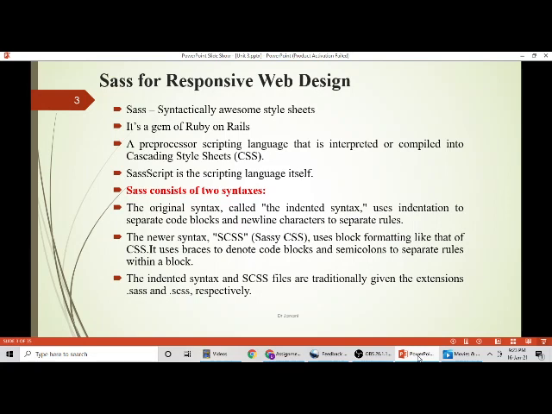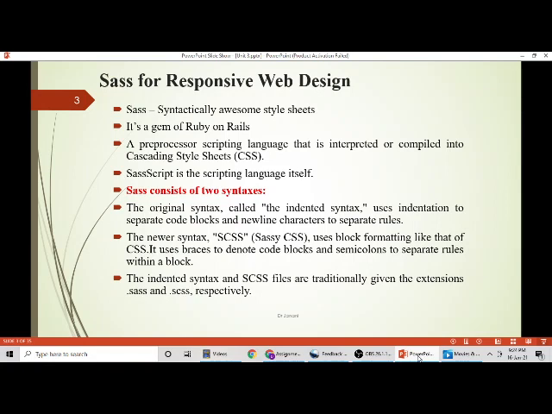Usually in Ruby on Rails, we call all the packages gems. The expansion of SASS is Syntactically Awesome Style Sheets. It's pretty much similar to your CSS, but the syntax format is slightly different because it is based on the Ruby on Rails programming language. Usually you have your Java program, and you have your JavaScript for your web applications. Am I correct? We even discussed JavaScript last unit. But here, instead of JavaScript, you're going for the Ruby on Rails programming language, wherein this package called SASS, Syntactically Awesome Style Sheets, is going to play the role of your CSS.